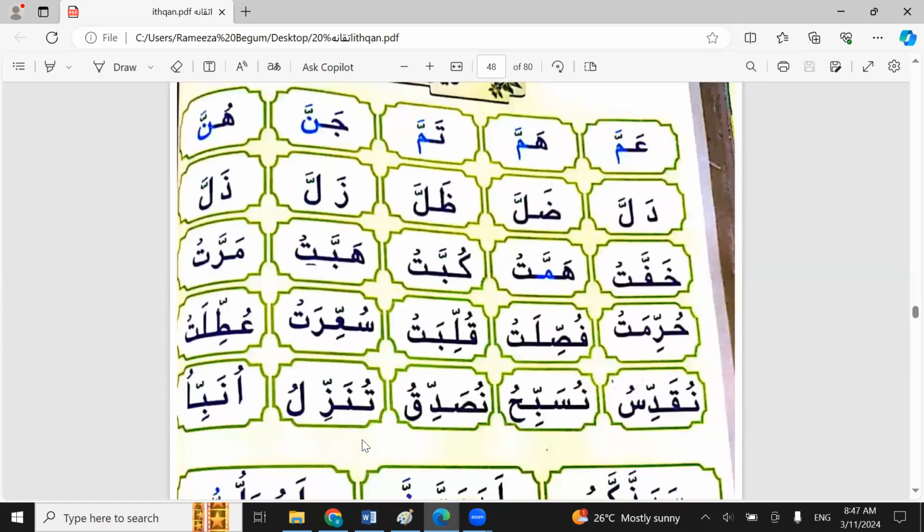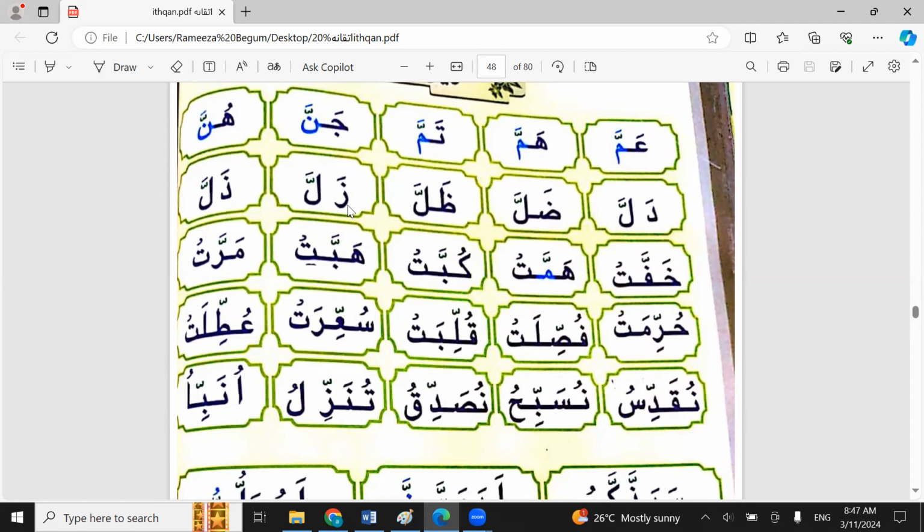Same way here with the practice of the shadda. Amma, hamma, tamma, janna, hunna, dalla, dalla, dhalla,